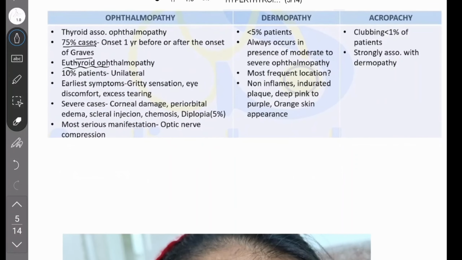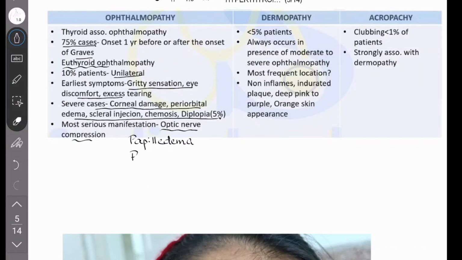In 10%, it will be unilateral. And the earlier symptoms are gritty sensation, eye discomfort, excess tearing. Severe cases will have corneal damage, periorbital edema, scleral injection, chemosis, diplopia. The most serious manifestation is optic nerve compression. It can lead to papilledema also,